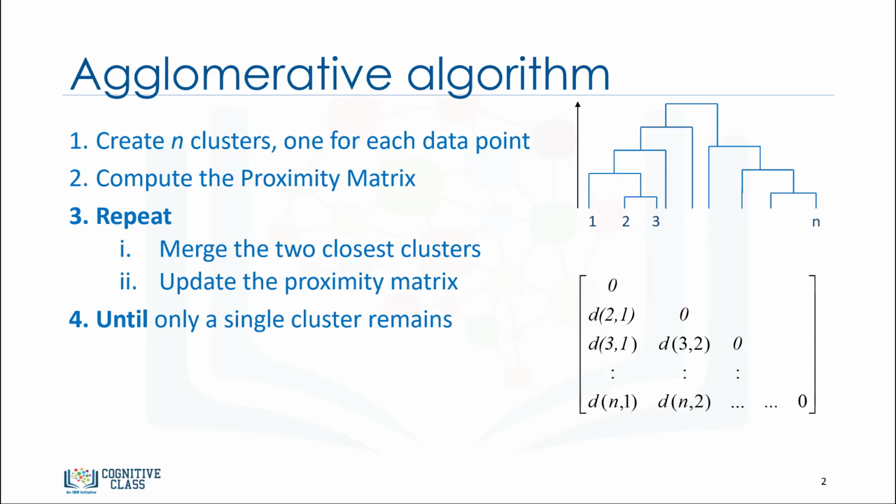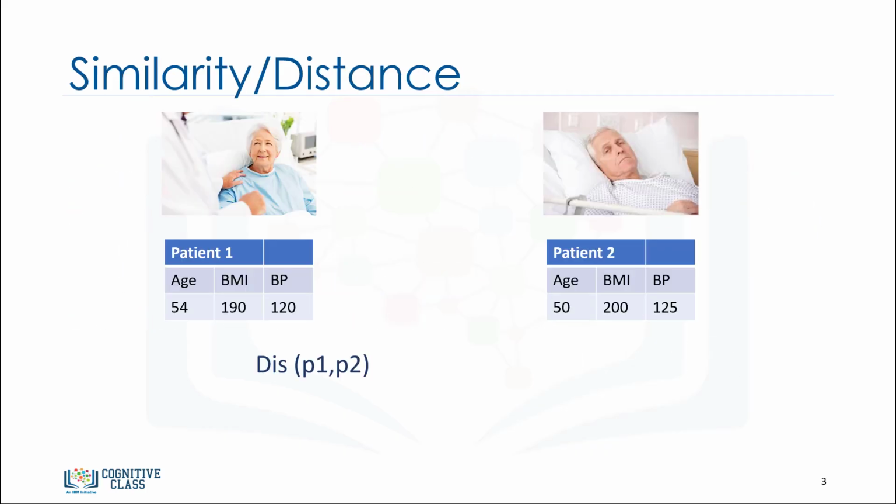So, the key operation is the computation of the proximity between the clusters with one point and also clusters with multiple data points. At this point, there are a number of key questions that need to be answered. For instance, how do we measure the distances between these clusters, and how do we define the nearest among clusters? We also can ask, which points do we use? First, let's see how to calculate the distance between two clusters with one point each.